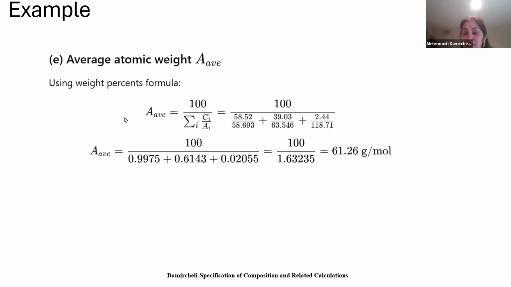And the last one is E, or average atomic weight. If you remember, we had two formulas, one of them as a function of Ci and another as a function of C prime i. So for Ci it is 100 divided by the summation of Ci per Ai. We know Ci for each of them, we know the atomic weight for each of them, substitute here, and you find the average atomic weight for this alloy as